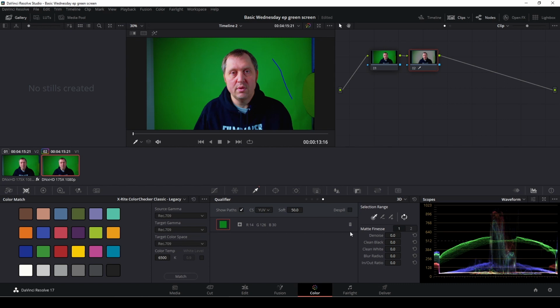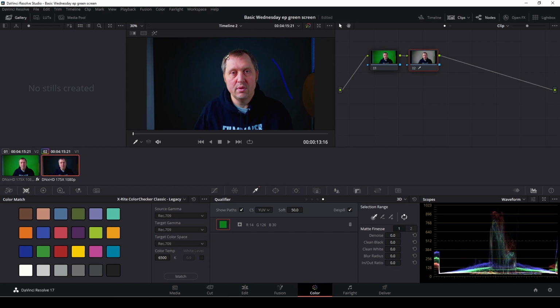I'm also going to push despill here, like that, and now it's getting a little bit better. You can see up in the node what you're doing. And also we could denoise the thing and clean the blacks a little, like we did in the other one. Also a little bit of denoising. I'm not going to use too much time on this, but you can definitely make it look a lot better here. So the thing you would do now is you're going to right click, and then you're going to add